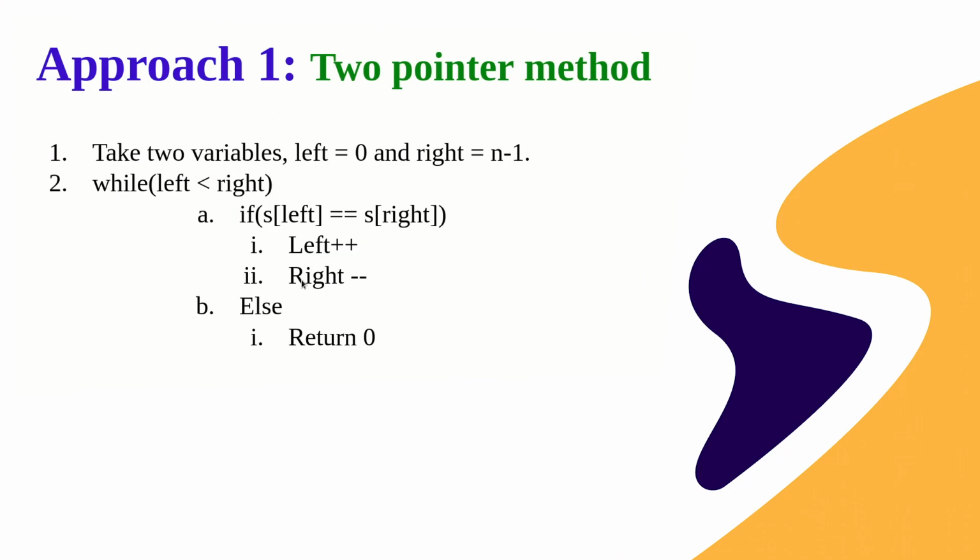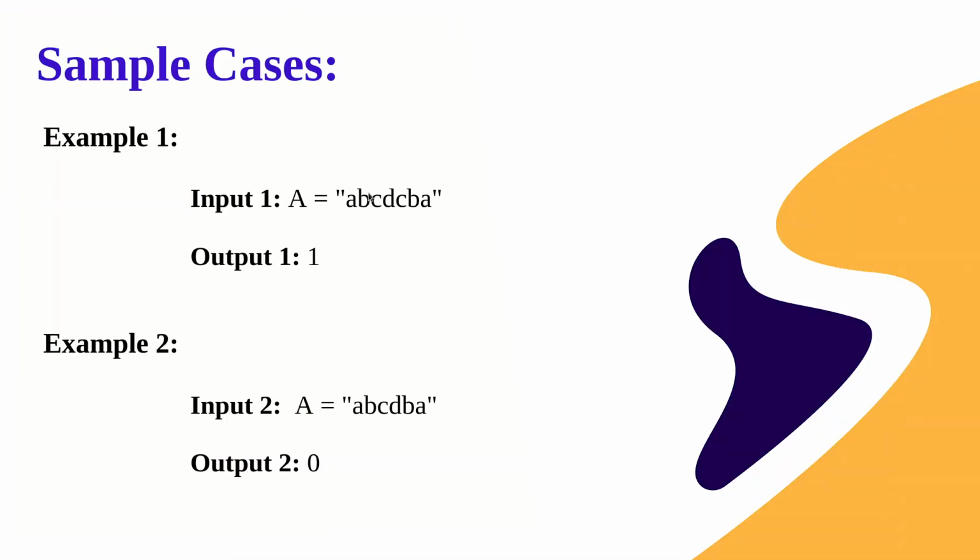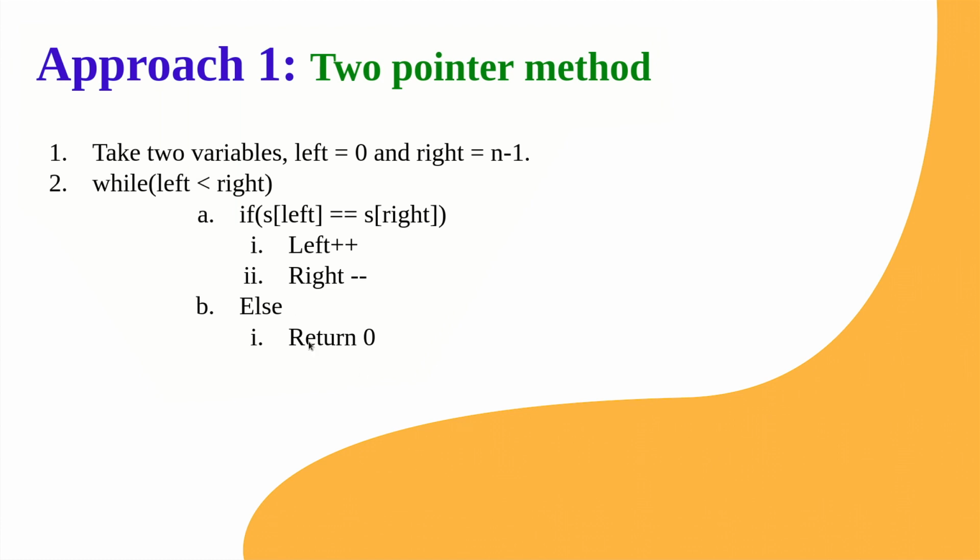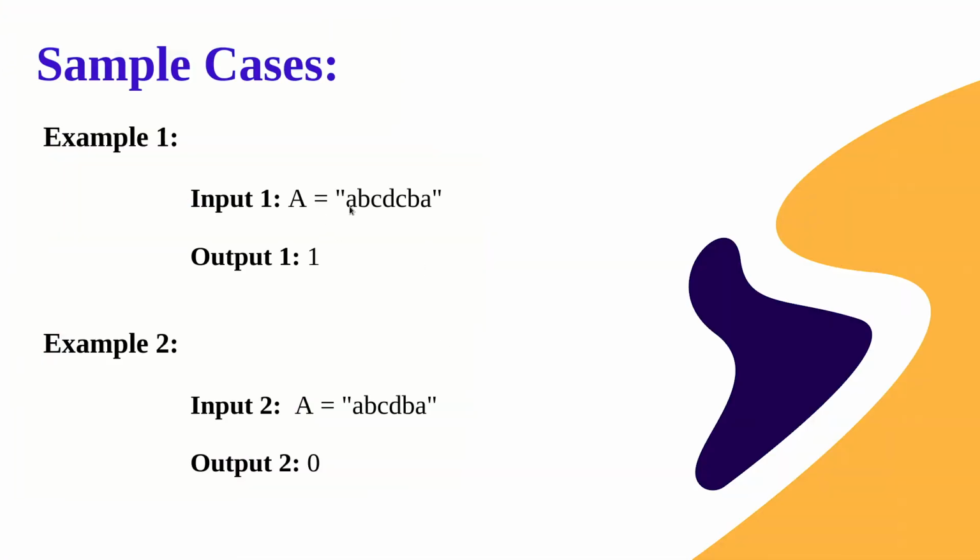So just update both the pointers to point to the next characters. So when we update, this particular pointer comes to here and this particular pointer comes to here. So then we check these two and then we check these two, and finally we exit the loop when left equals to right. Okay, and else, if any such character pair doesn't match, just return 0. Why? Because if any character doesn't match with its corresponding character towards the end, then we are sure that it cannot be a palindrome.